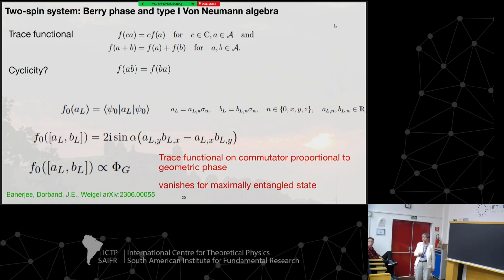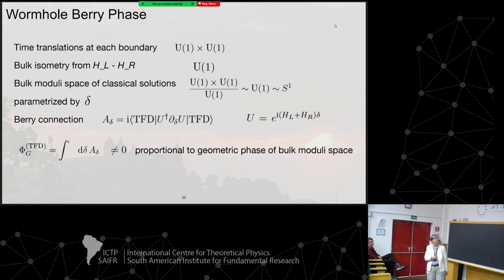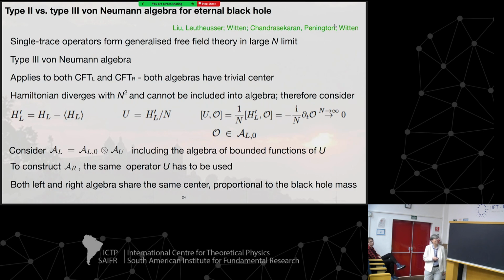My second question was about the claim that adding 1/N corrections to the picture leads to you going from type III to type II, and you said that maps directly to some maximal entanglement leading to Berry phase. I didn't see the connection. Okay, yeah, sorry, I was going very fast.